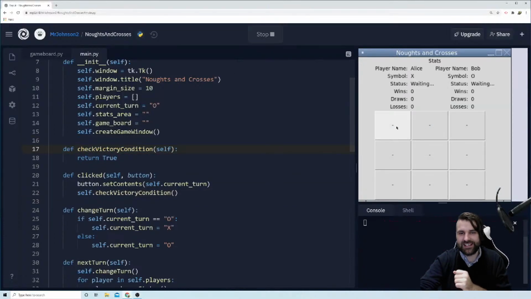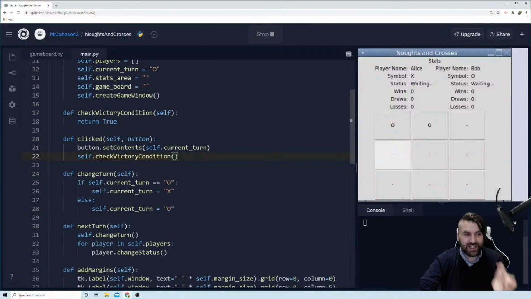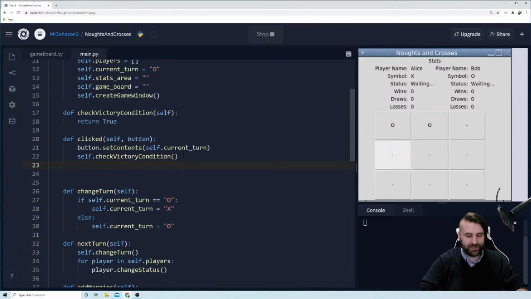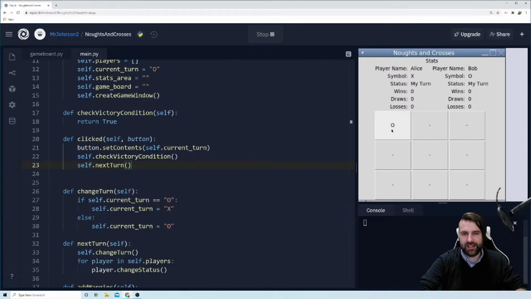And then we'll run this. So I click this, it's a naught. I click this, and it's a naught. Because when we click it, we're not saying next turn. So after we check the victory condition, we're then going to use this method, next_turn. And this method in turn is going to use the change_turn function, and then it's going to change the status of the players. So everything should come together now. I've kind of worked from the top and come downwards rather than work from the bottom and gone upwards. But we should see now, if underneath check_victory_condition we say self.next_turn,